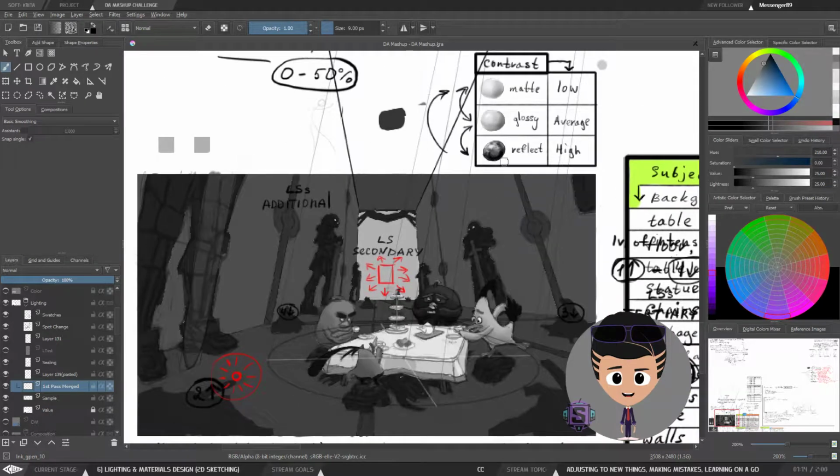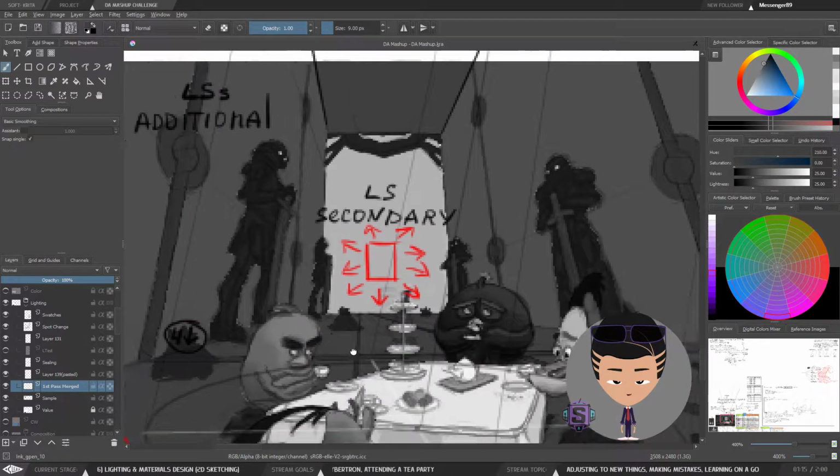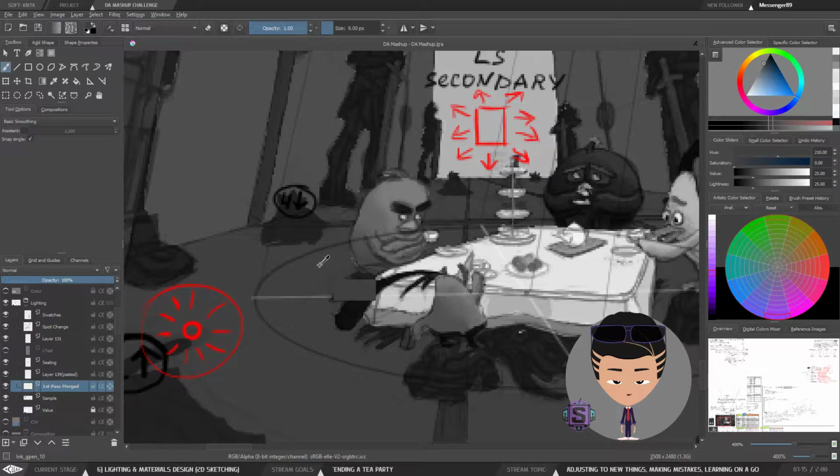So again, glossy has more value range. If this is our base, this is actually base. Lightest areas are going to be probably a little bit lighter. By the way, this is something that I definitely need to figure out. Okay, light, dark. So this one is going to be somewhat in the dark. This one is going to be lit up. When I created it, I considered it as the middle one. So if light is actually going to hit this area, let's try to put 35 and let's just try maybe 40